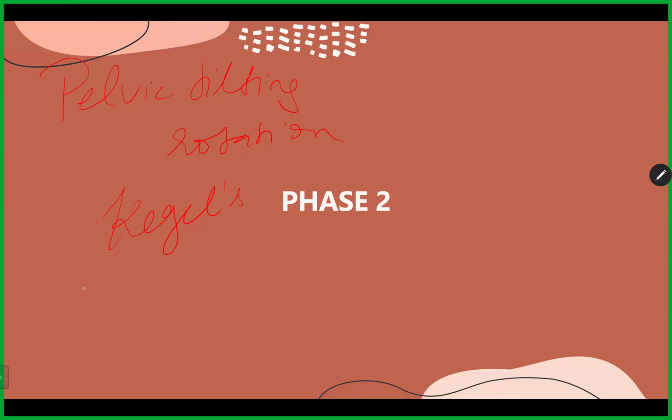You can ask them to do pelvic bridges. Then tilting, but they'll not be able to stand and do it. So what you can do is ask them to lie supine, twist their hand and keep it under the lower spine, and then ask them to do some tilting on the hand. It is okay. You can do these exercises along with the knee bending, rotation and all. Just add on these.